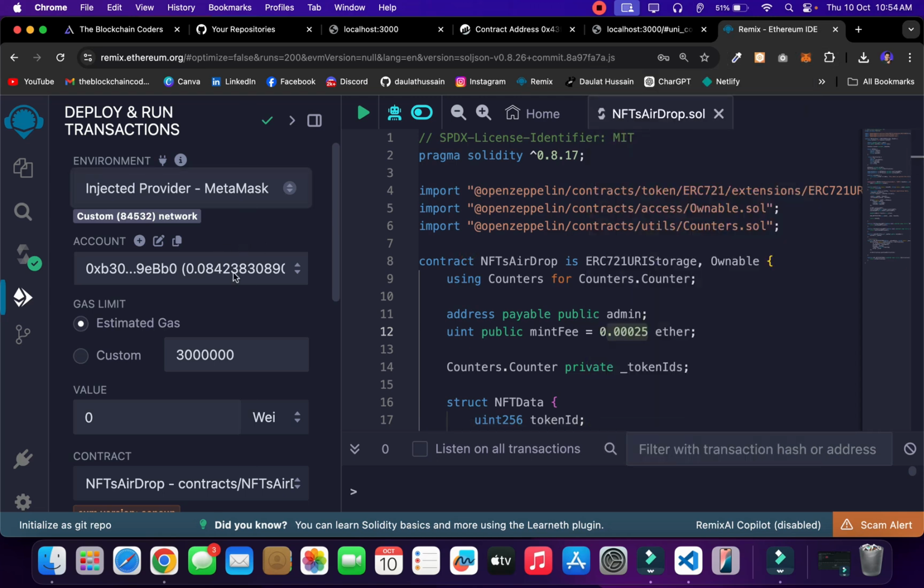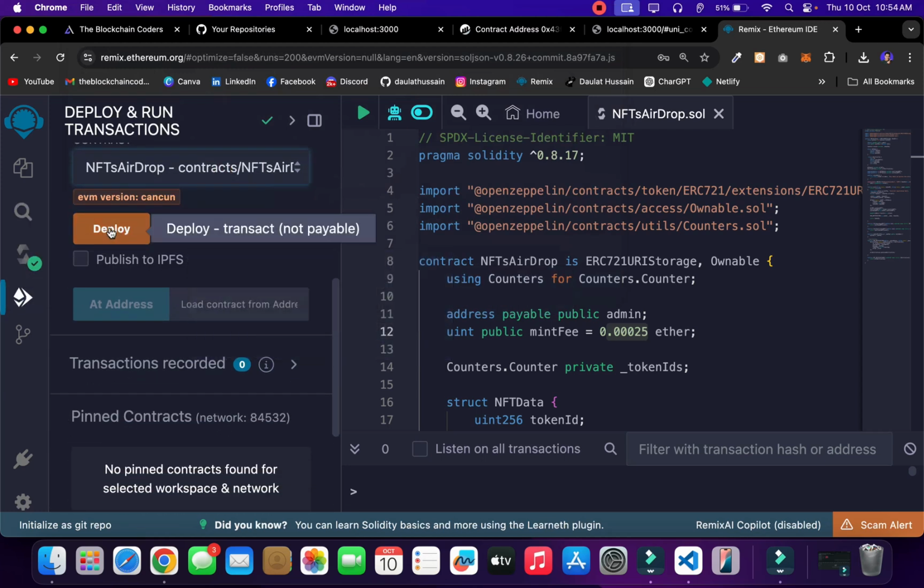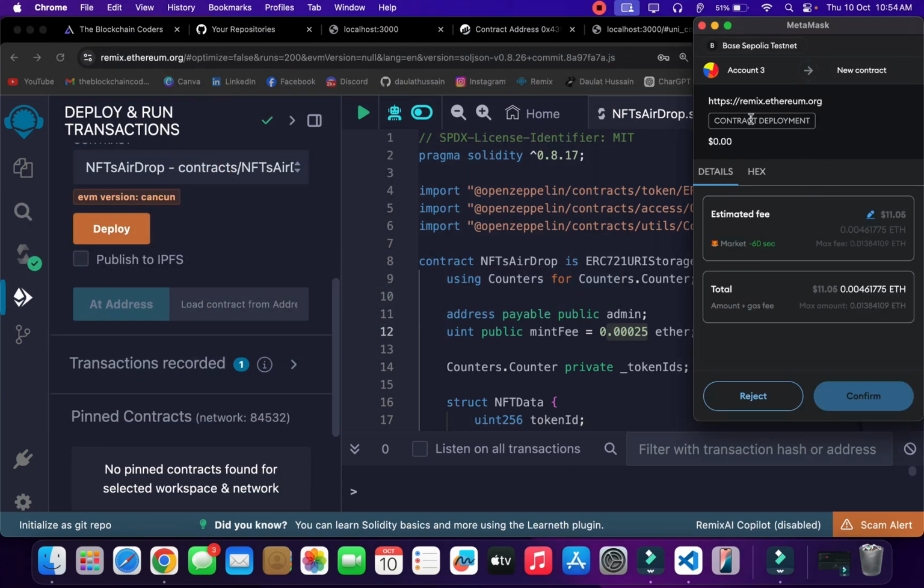Everything's looking great. I have connected. This is my wallet address, and I'm going to simply select this particular contract. Don't select any one of these, these are the libraries which we are using. Select this one, and we simply click on deploy, and it's going to make a call to our smart contract and deploy it to Base. I simply have to click on confirm,